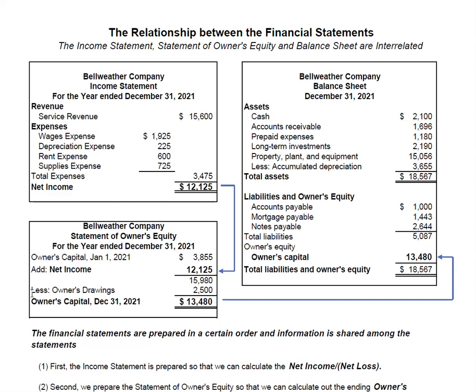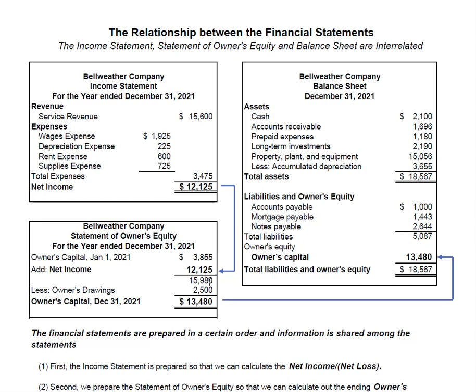Now in this particular case, we have net income, and you won't have net income and net loss in the same fiscal period. So we only have one reduction, and it's owner's drawings. The owner withdrew $2,500 from the business. We have a line to indicate we're going to do